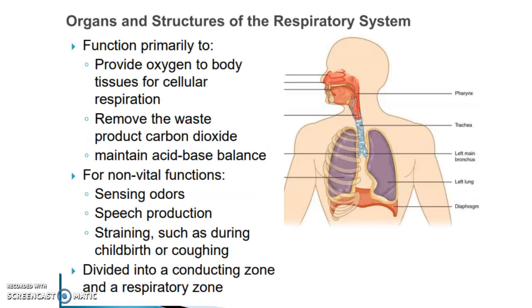So the primary function of the lungs and the respiratory system collectively is to provide oxygen to different body tissues for cellular respiration. Every time you take a breath, your lungs receive a large quantity of oxygen. During exhalation, there's still a bit of oxygen being exhaled, but for the most part, the highest chemical quantity during exhalation is carbon dioxide. An important thing to note here is that oxygen is required as a final electron acceptor